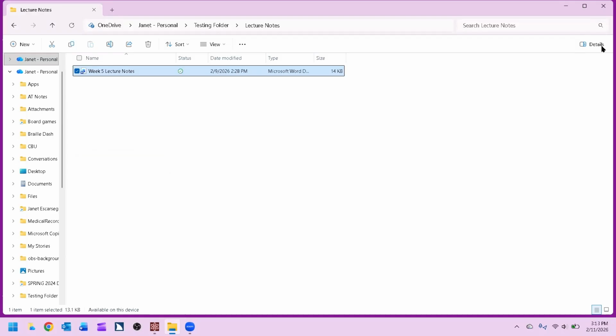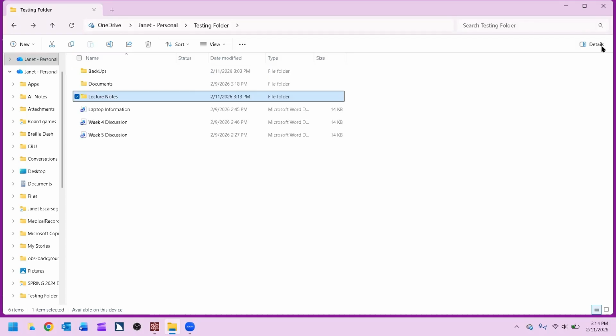Now I'm going to go back. So here's another key command I forgot to mention. It's going to be Alt left arrow. That's going to move you out of this folder. You can press the backspace and it will take you out of this folder as well. So I'm going to press Alt left arrow. Shell folder view. Testing folder file explorer. Items view multi-select list box. Working on it. Lecture notes. Check. Perfect. So now it took me back to the main page where I have the rest of my files